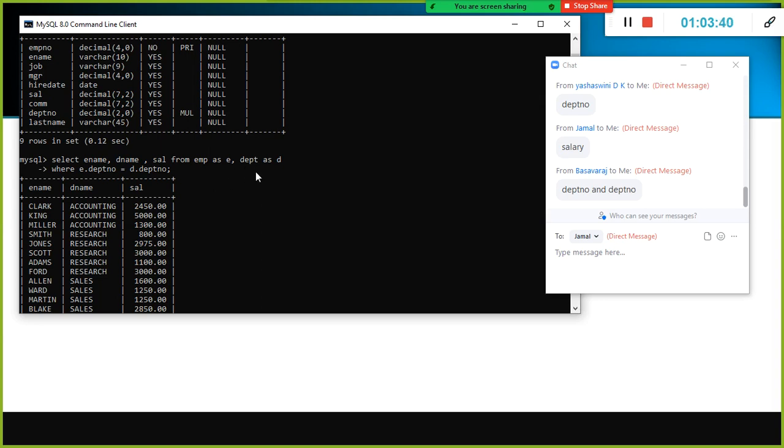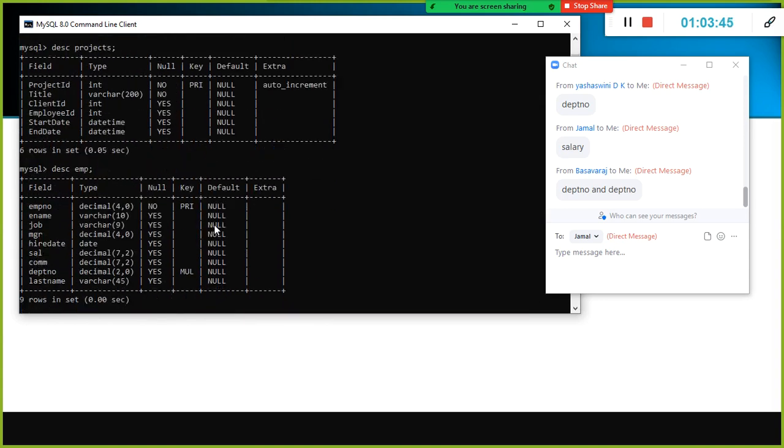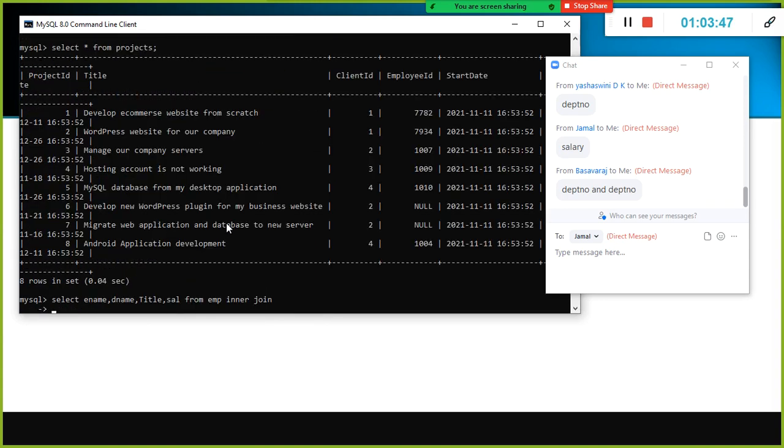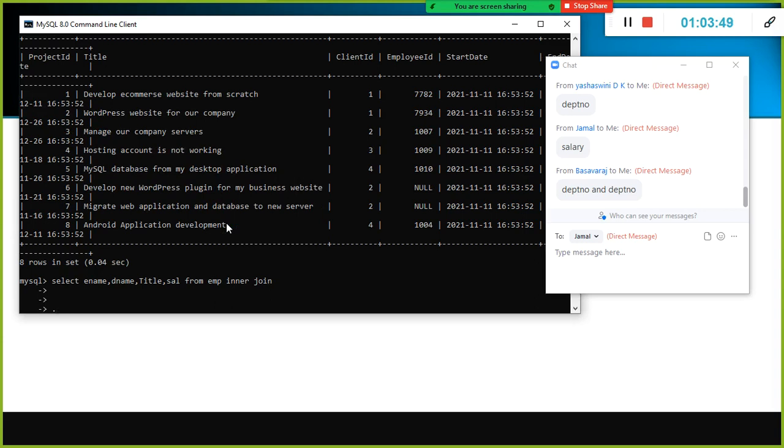So inner join depart on which table. First let's go step by step before I use more than 2 tables. First you understand these terminologies.